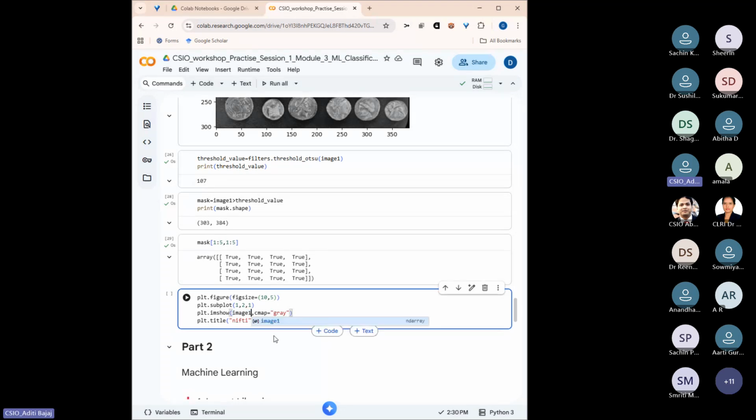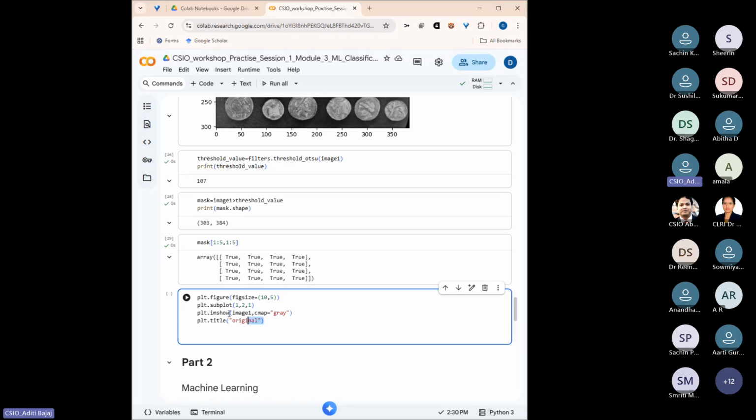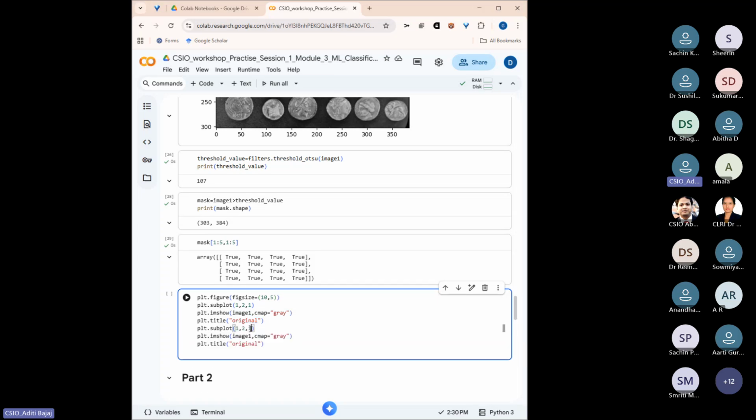Which one? Map is gray. This is the original one. Let's write for the other subplot, which will be 1, 2, 2. Here it is the mask. Again the gray